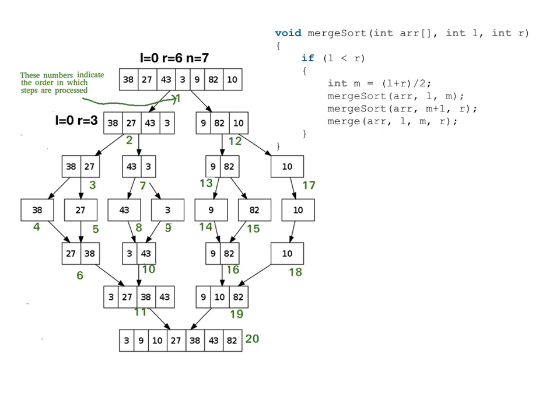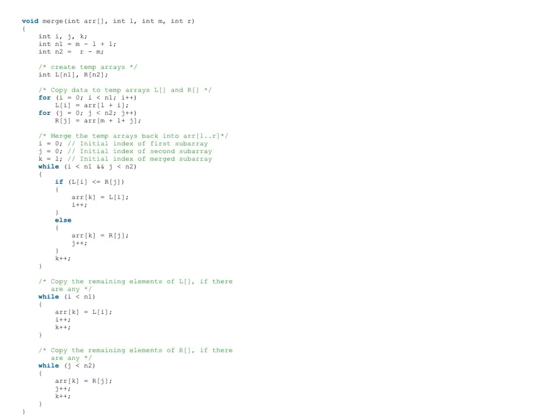Now let's look at the important function, which is merge. So merge is there in the fourth line of the algorithm. Merge has parameters array, L, M and R. M is the midpoint. Now if you look at the algorithm out there, the input to merge is a single array. So that single array will have the left index, the right index and the middle index.